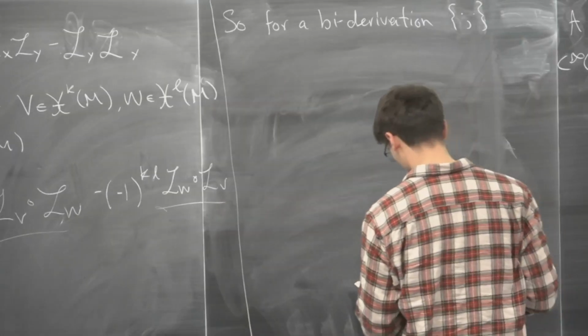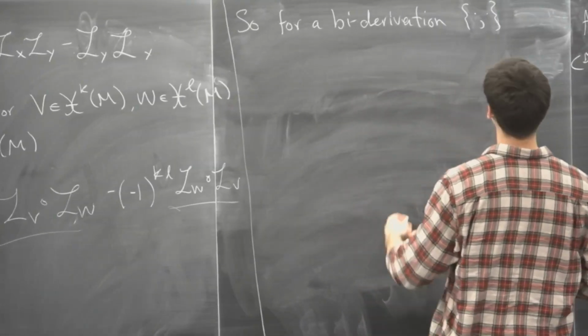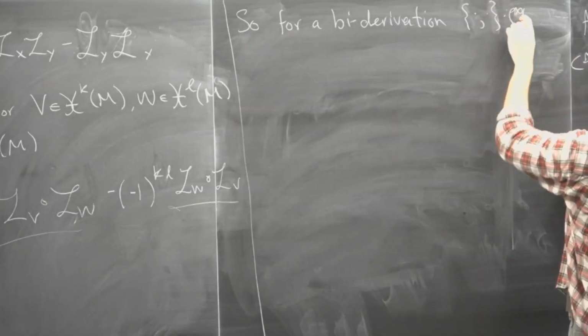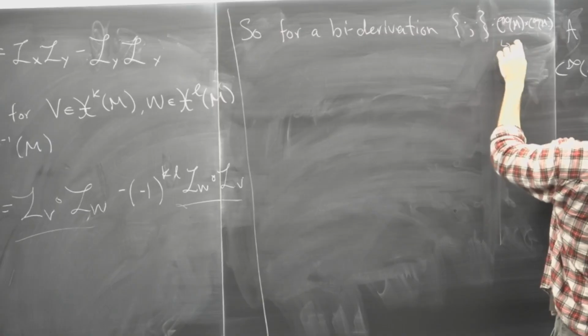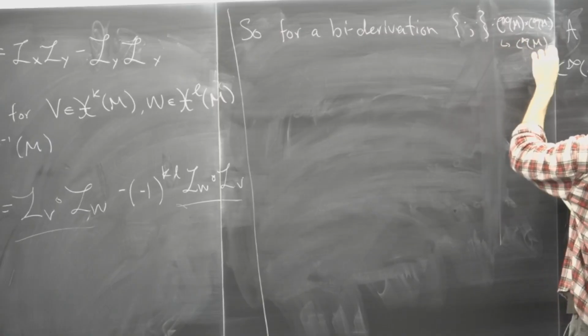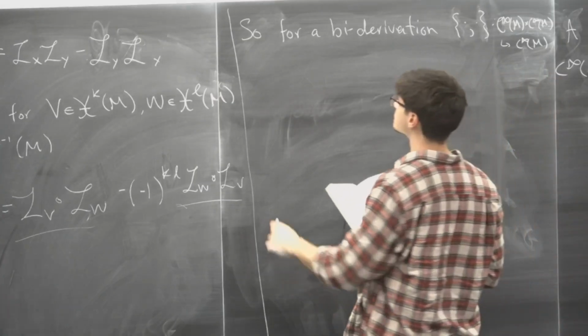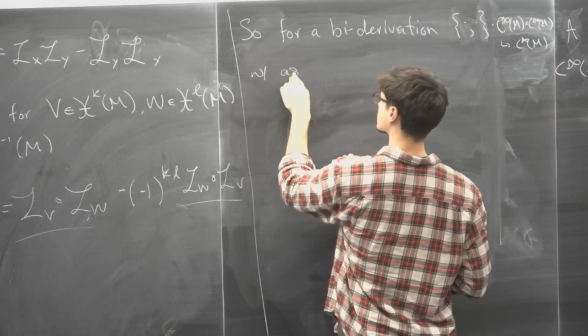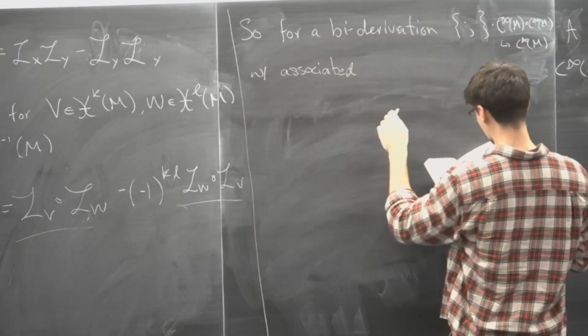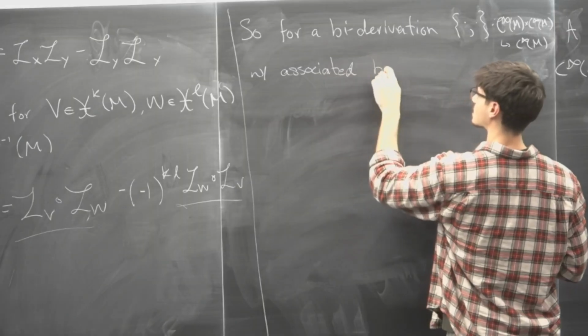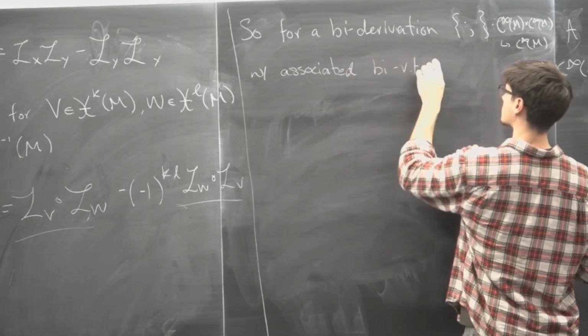So for a biderivation with associated bivector field, pi,